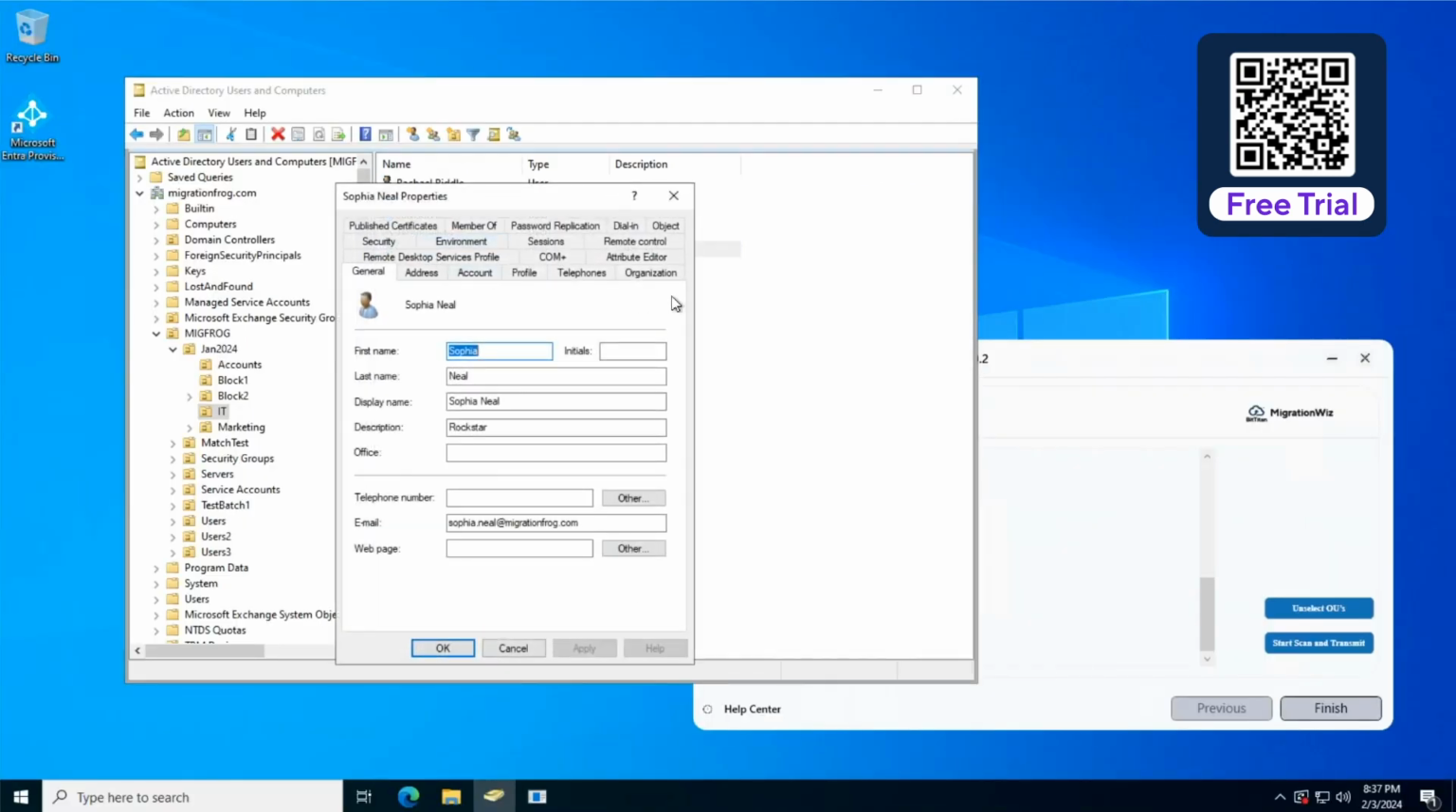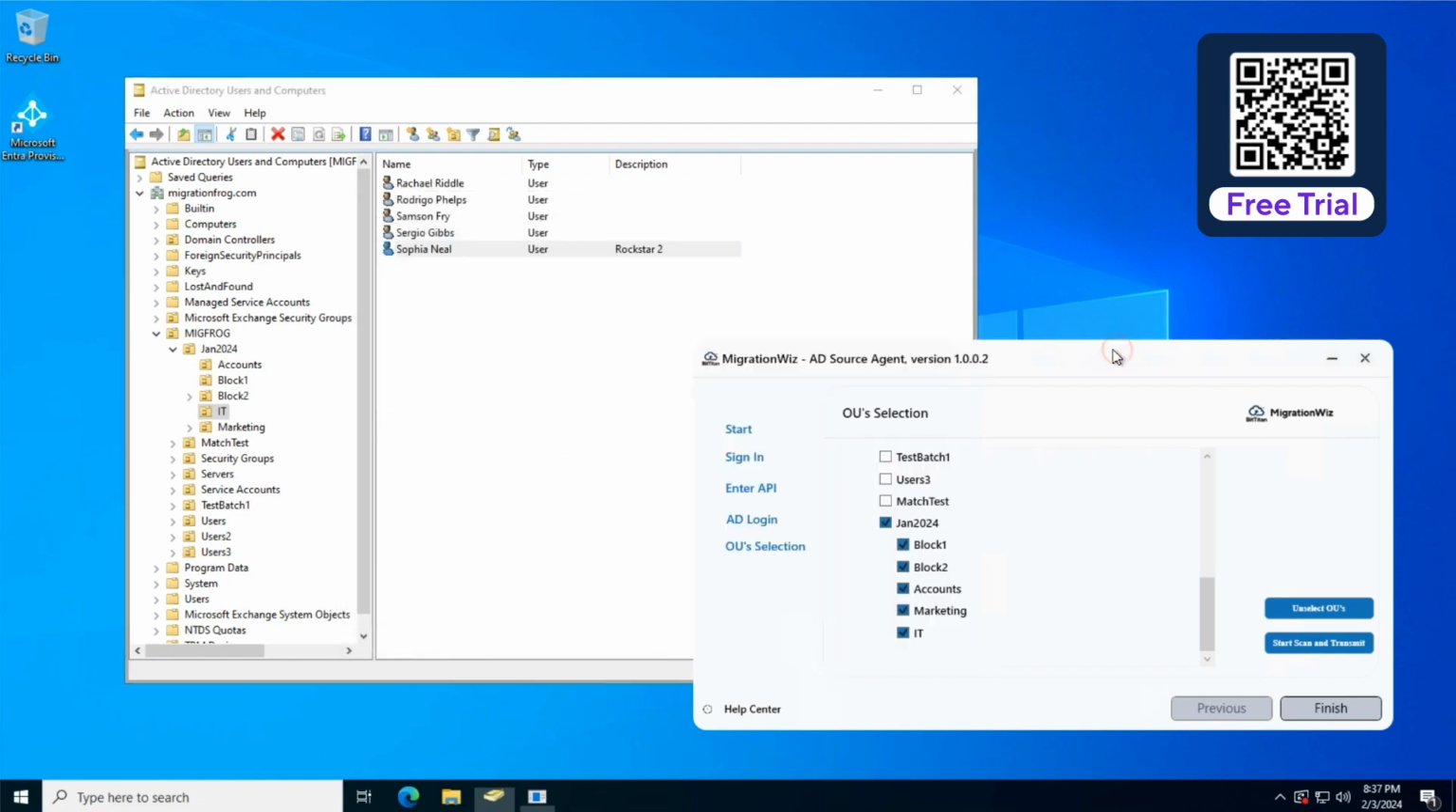I'm going to make a small change to her again. Just put a number 2 on the end. And we'll go into here and I will transmit those objects again, so they do get updated. Good. And now go back to our